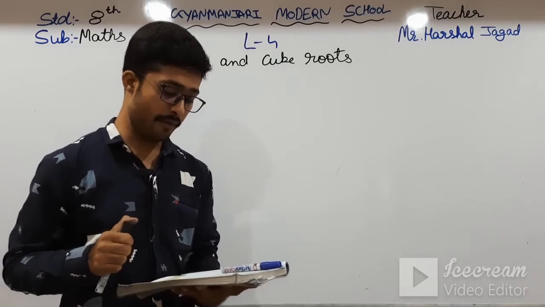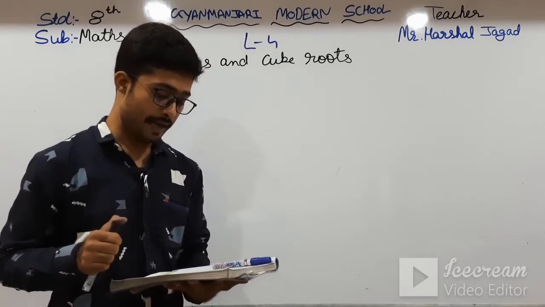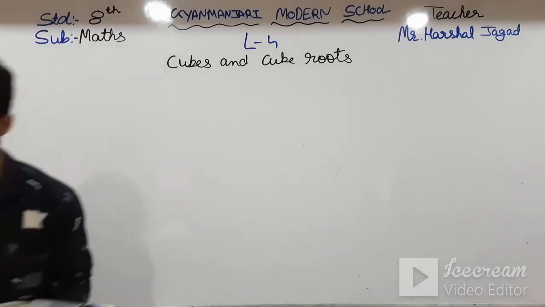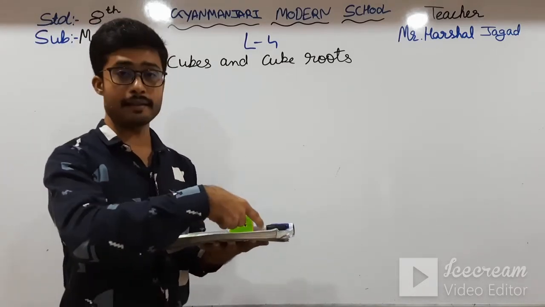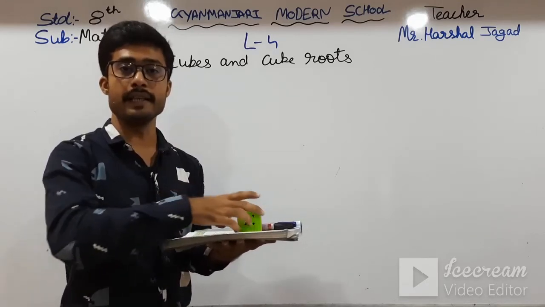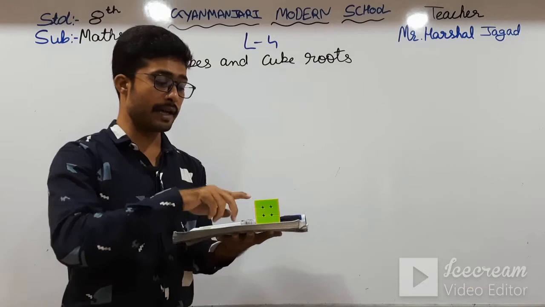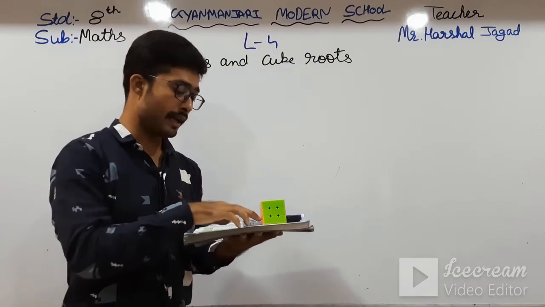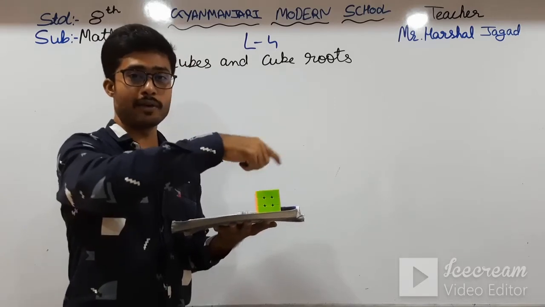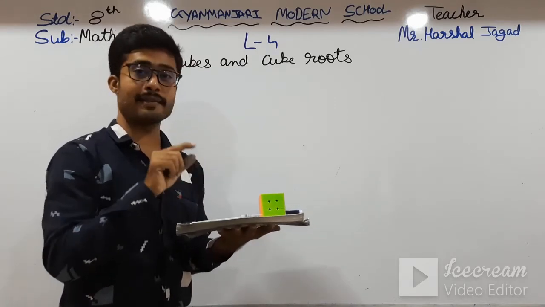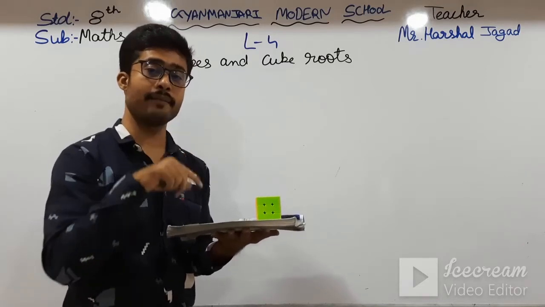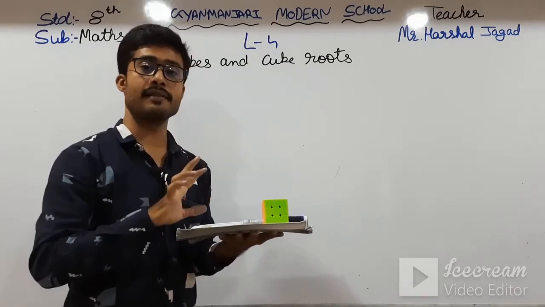It means that everything in the world has length, breadth and height. Okay, students, here I take the cube. This is the length, this is the breadth and this is the height of the cube. If we take the example of this cube, and we take 1 centimeter, then all the sides, meaning length, breadth and height, are the same, then we can say it is a cube.